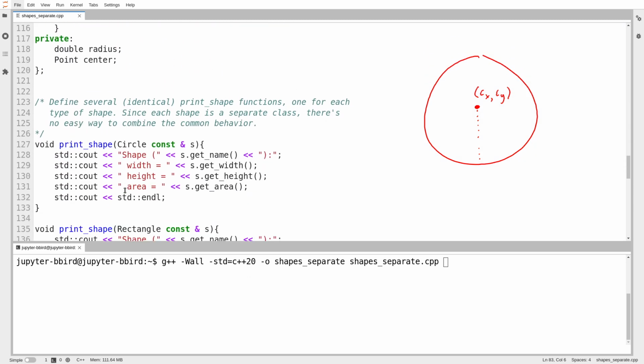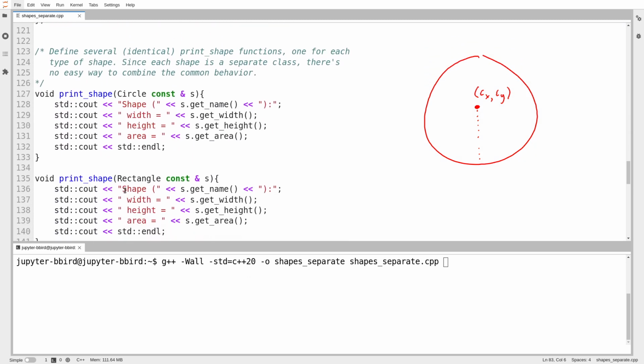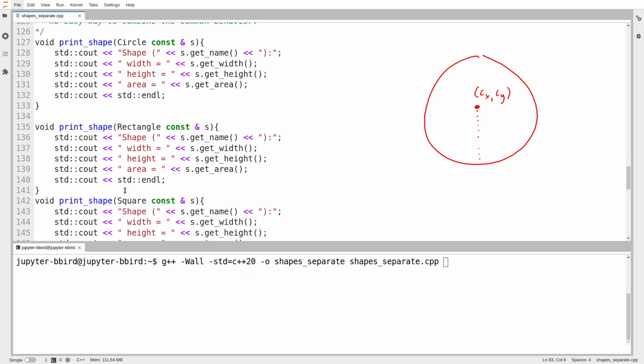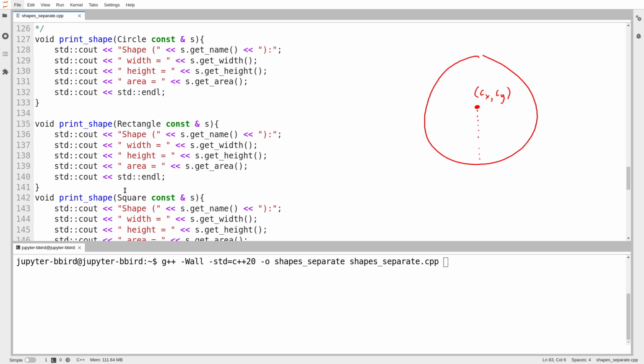Okay, so what I have to demonstrate right now is at least one example of how these similarities can result. Although the types are similar, the language doesn't know that they're similar, and that produces a strange form of duplication that we should by now recognize as something that we want to avoid. So suppose I want to print out circles, rectangles, and squares, and I, the programmer, know that they are similar,